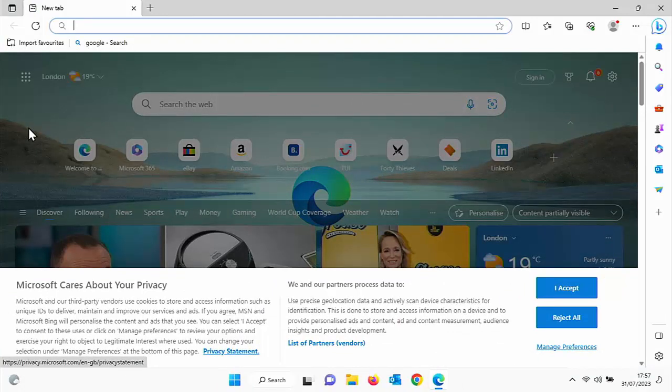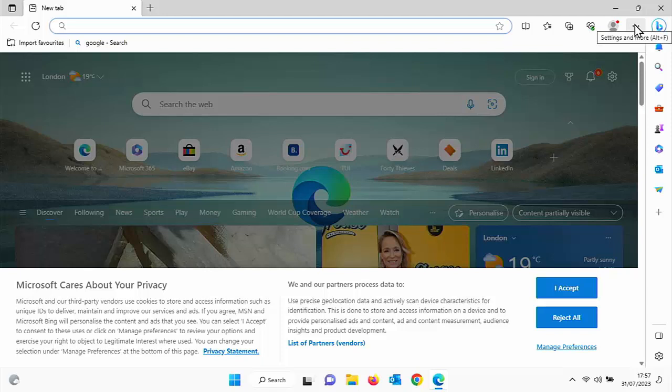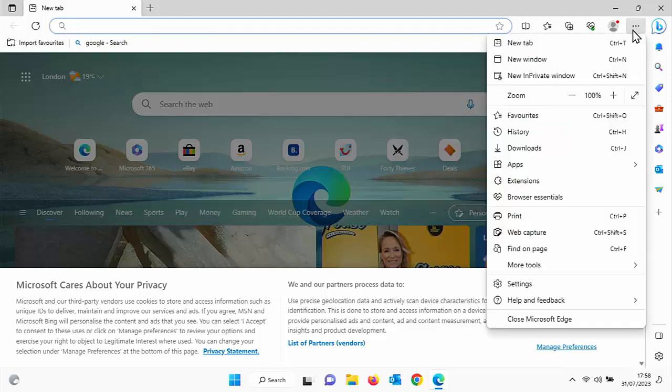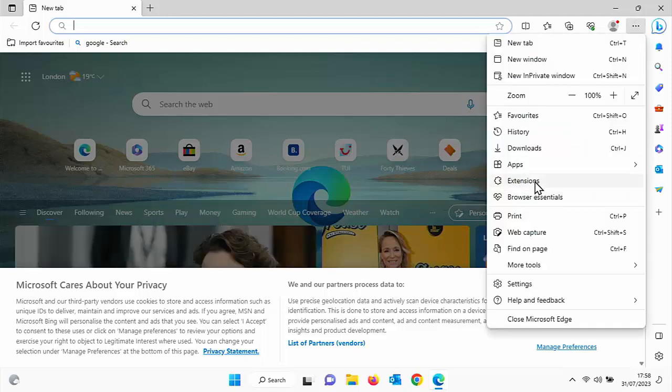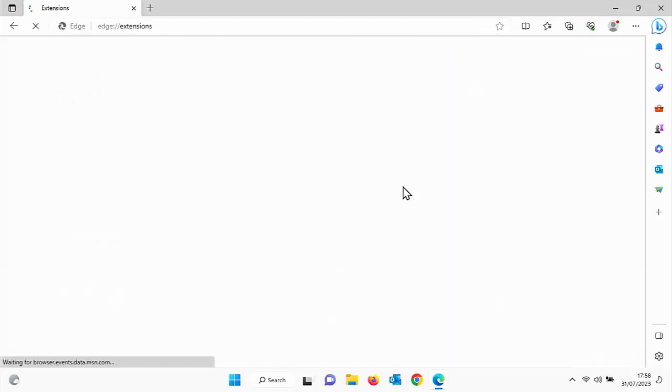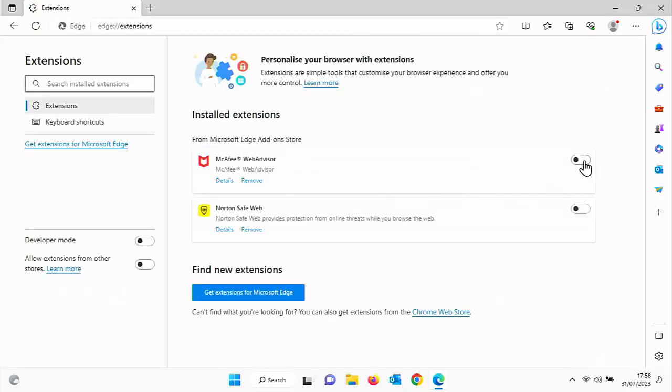still crashes. If everything seems to be okay, then what you're going to need to do is click on the three dots up there, click on extensions, click on manage extensions, and just turn the extensions back on one by one, just to test to see if any of the extensions are giving you problems. If you've just turned an extension on and the problems start again, then you'll know that extension is causing